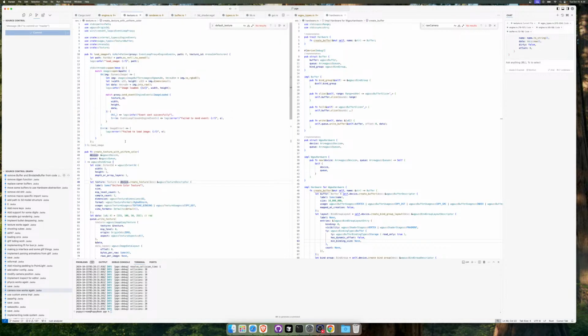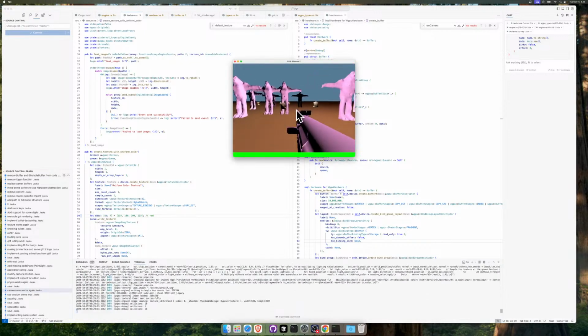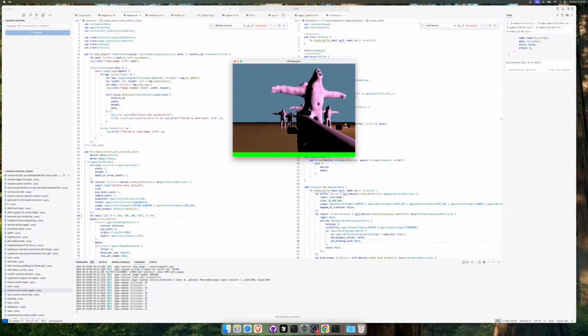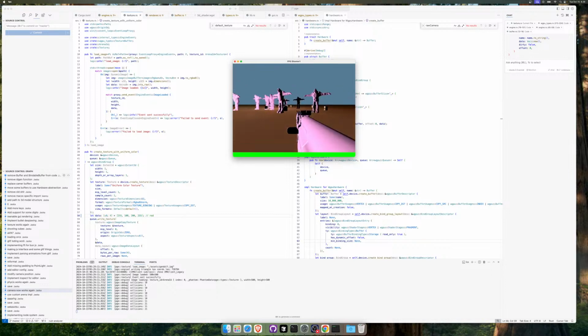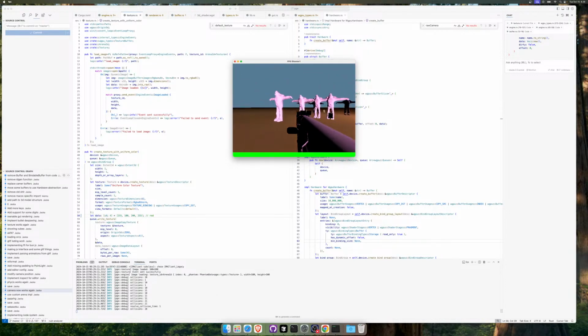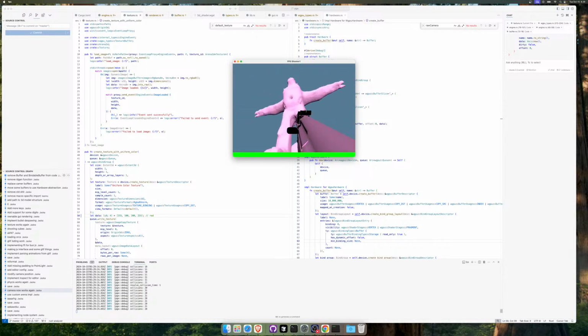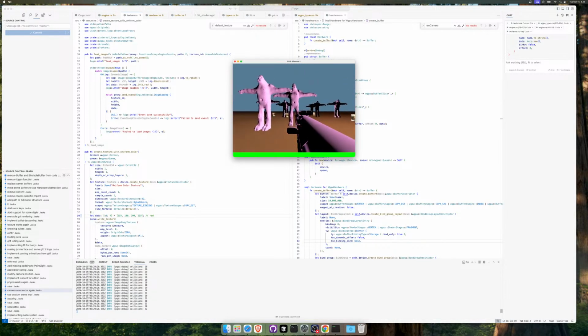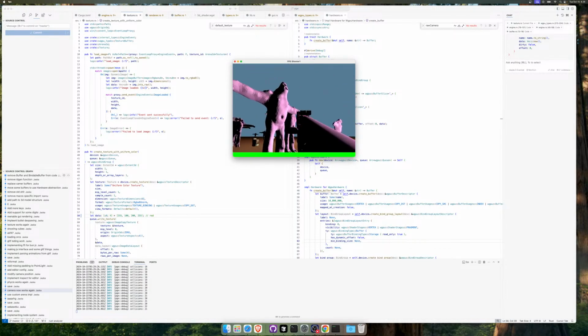Or is this not actually red? Maybe it's not actually red. Yeah, it's not actually red. Now they are pink. Yeah, it's just the movement is so weird. Yeah, so